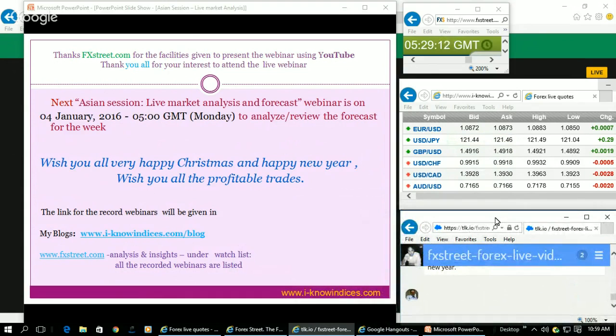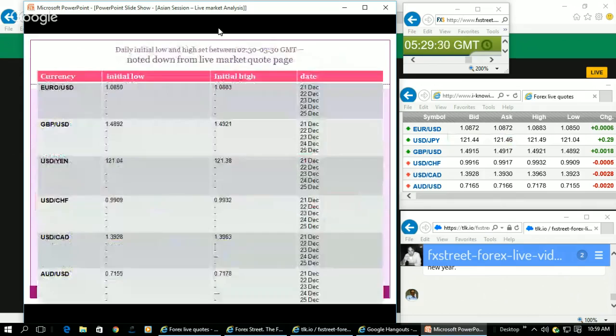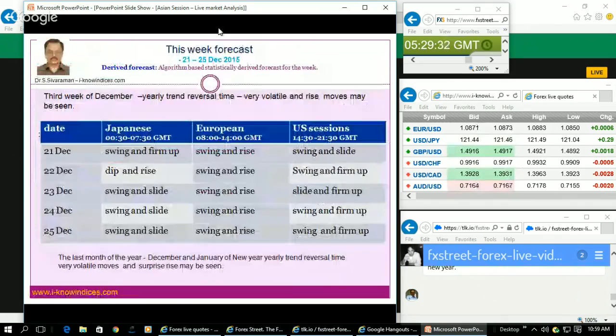So even though it is holiday time, you can enjoy the holiday, but if you commit positions, use the stop order to limit the risk, and don't forget about our trading strategy. Always we have to be very careful in limiting the risk and maximizing the profit. So I'll show again the forecast page for those who have come late, for their benefit. And so the market is expected to gain the levels.